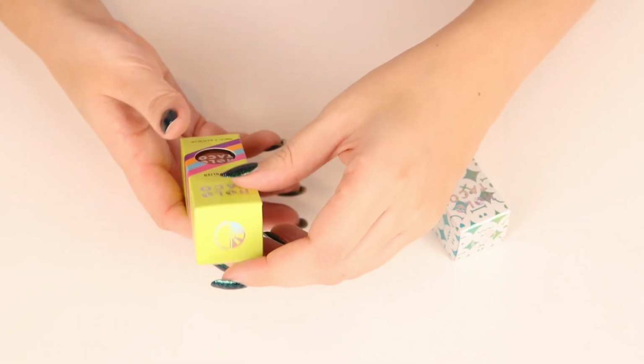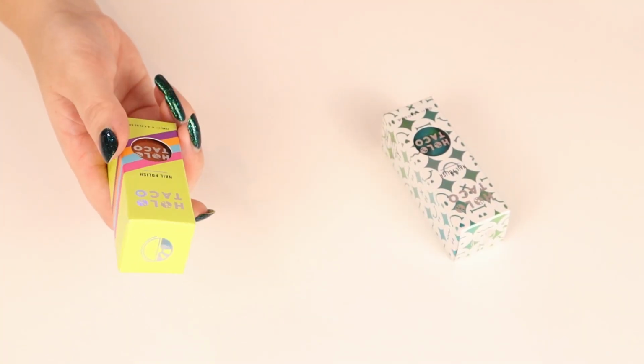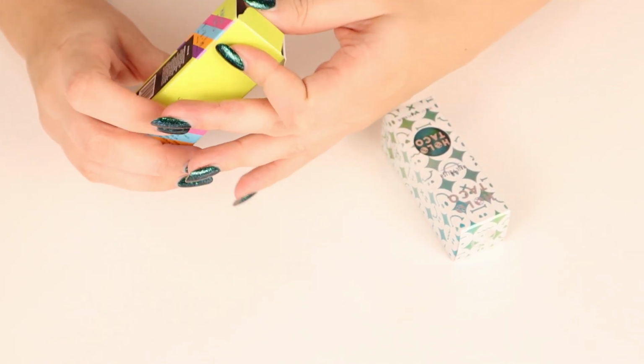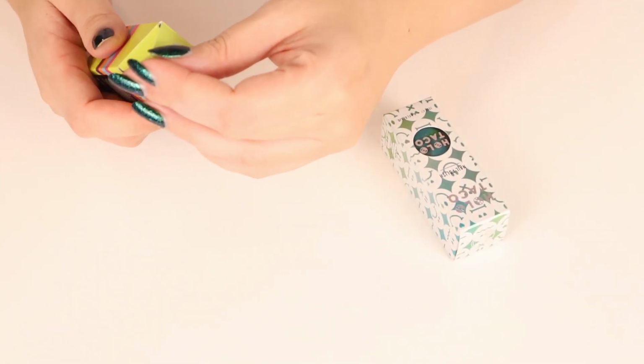And the same goes for this one. This is Box Office Bomb, and that pink one was Life in Plastic. They are not available anymore. This was a limited edition for the anniversary of Holo Taco. This is the orange one. You can do lazy gradients with these. It's very cool. This is also a summer nail